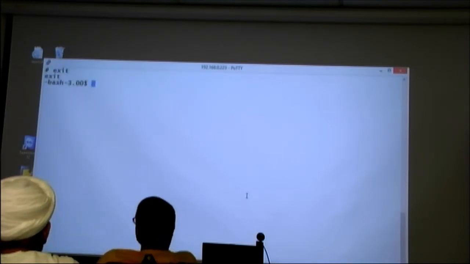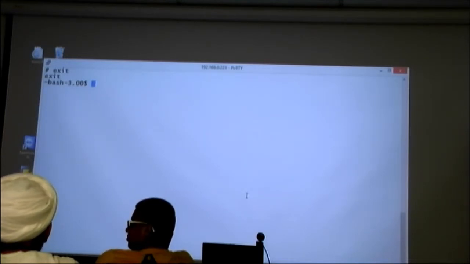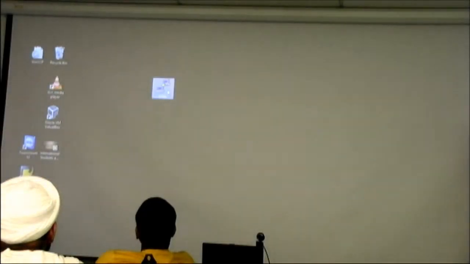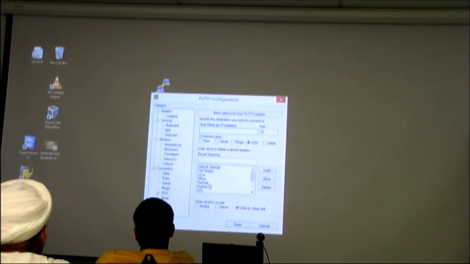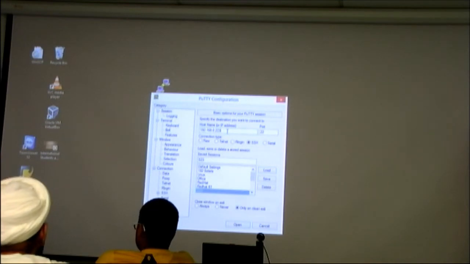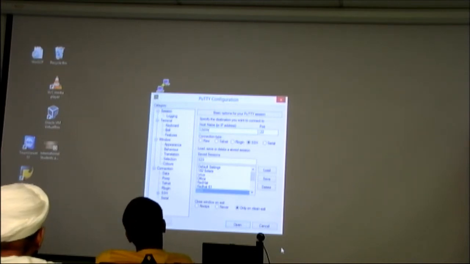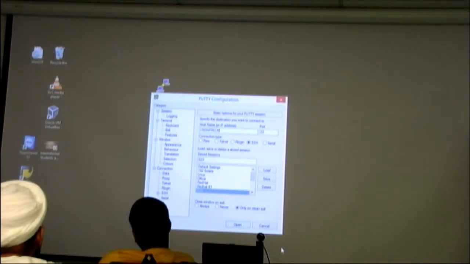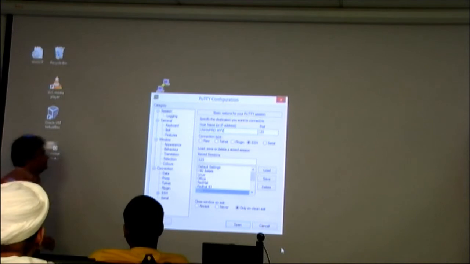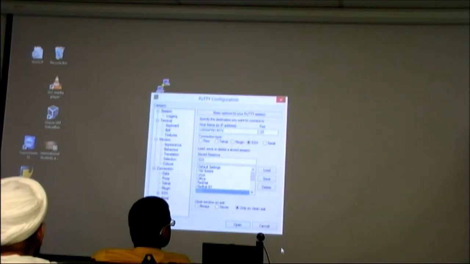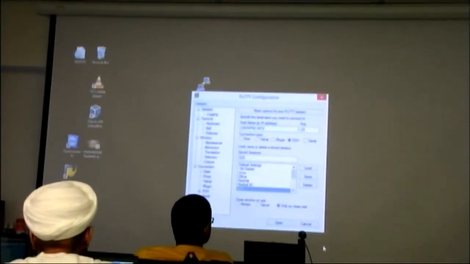I just loaded the putty right now, so can you just go through the settings on that? Putty settings? Yeah. Okay, so start putty, and then this is what I did. 192.168.0.223. Is this your computer? Yes, my computer. But if it is your computer, why don't you use uWinPro? The others will tell you. Open it.